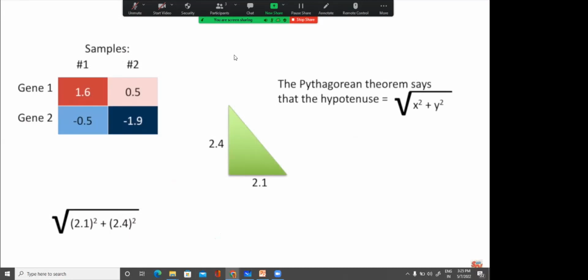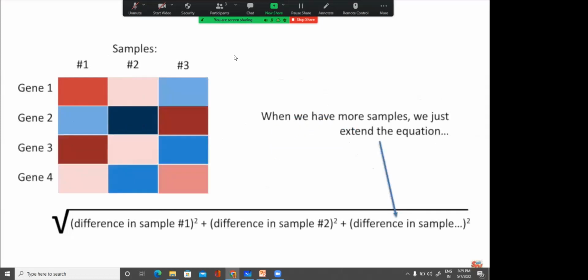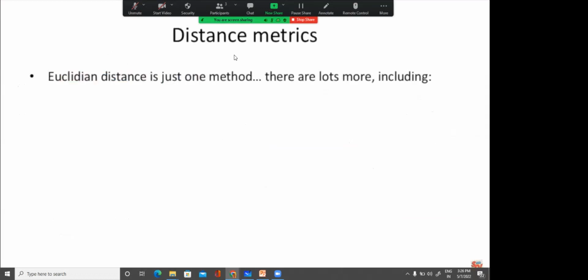The Pythagorean Theorem says that the hypotenuse equals the square root of x squared plus y squared. In this case, that means the square root of 2.1 squared plus 2.4 squared. And that gives us 3.2, the distance between gene number 1 and gene number 2. When we have more samples, we just extend the equation. It's no big deal. The Euclidean distance is just